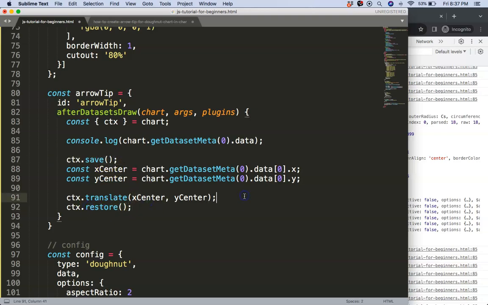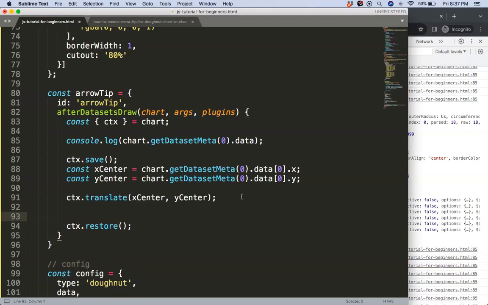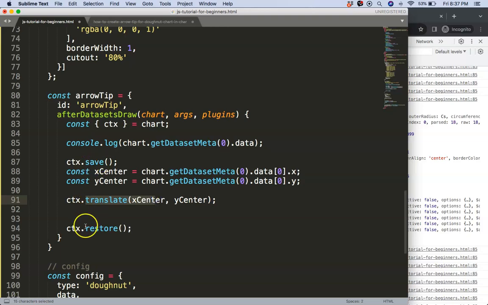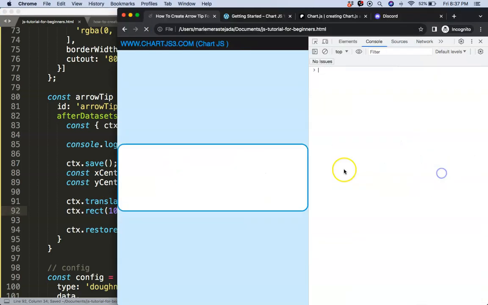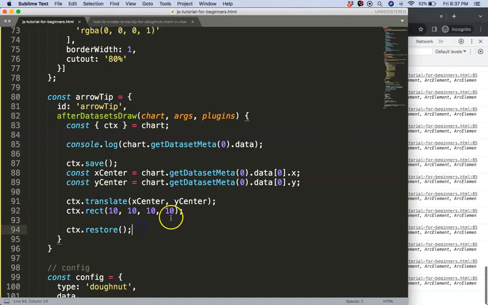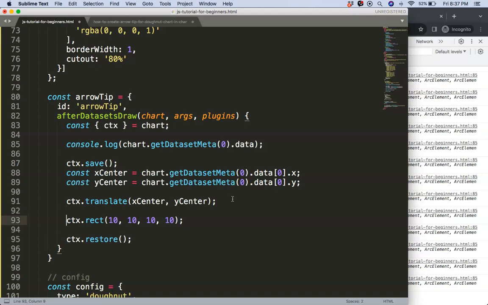If you don't do that, you get a very weird animation of something changing very fast or rotating very weirdly. So make sure you have these between here, or at least the translate between these two. So now, if I would draw something very straightforward, I'll say here ctx.rect, and we're going to make just a simple rectangle of 10 pixels by 10 pixels. So basically this will be a square shape. If I do this, all right, of course we need to make sure we say here